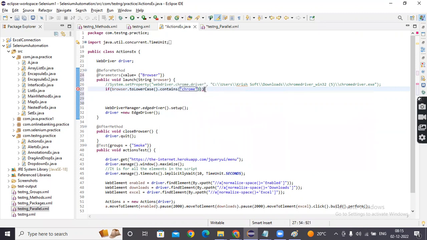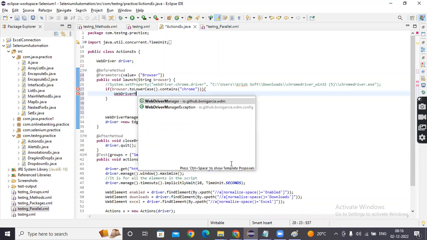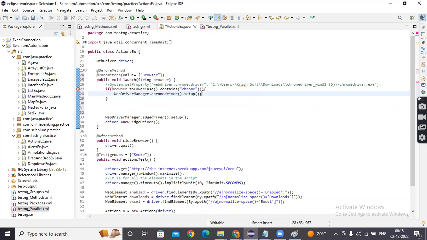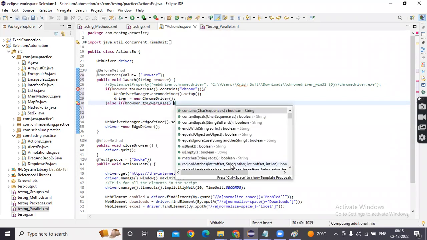Is it fine? If it is Chrome, then what do I need to do, guys? WebDriverManager dot chromedriver dot setup. And also what do I need to do? driver equal to new ChromeDriver. Perfect. Else, if my browser dot toLowerCase dot contains